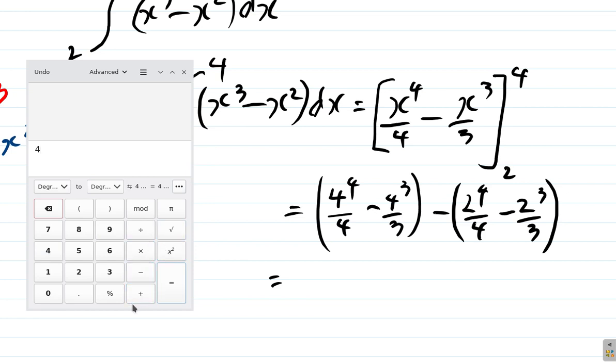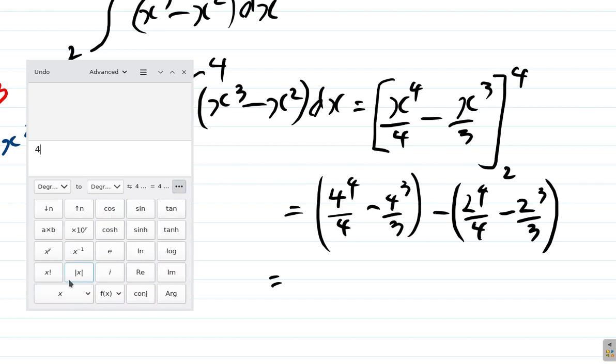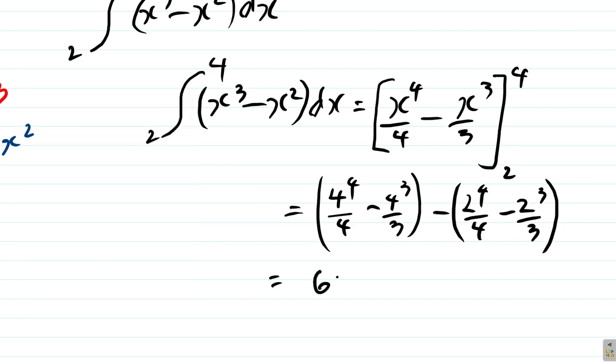What is the raised to the power of? Oh, the raised to the power of. Here, 4 raised to the power of 4 equals 256. Divide that by 4, you get 64. So this is 64 minus